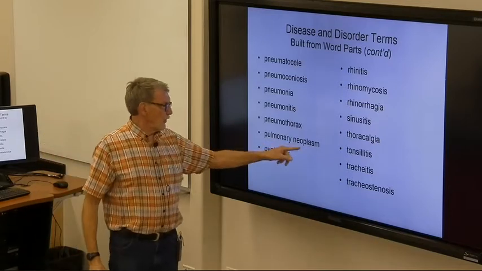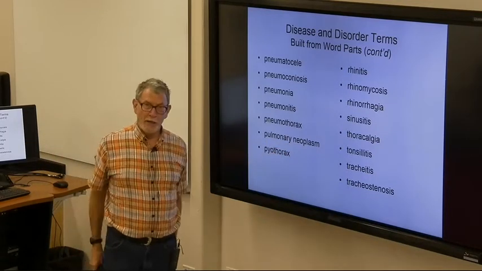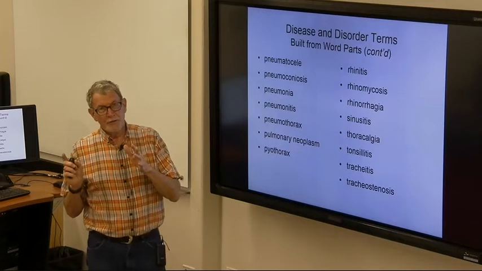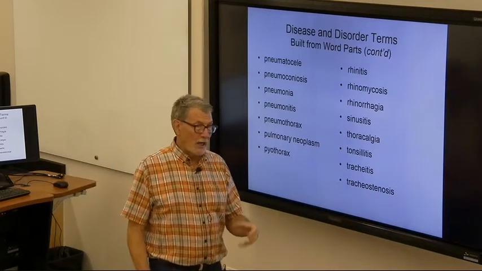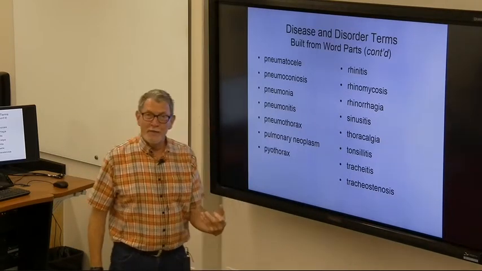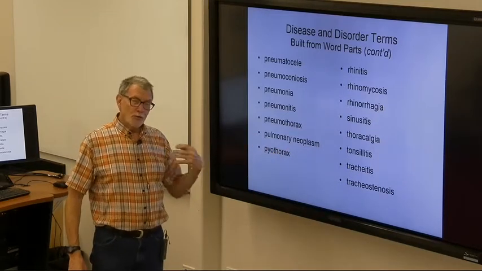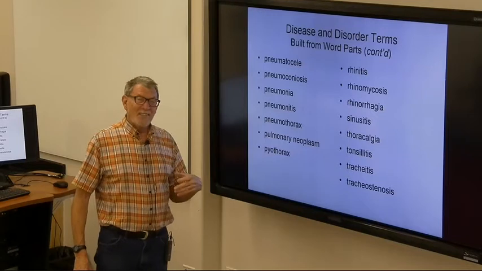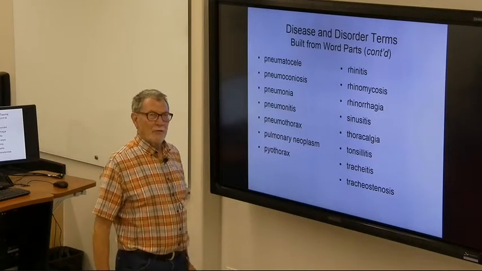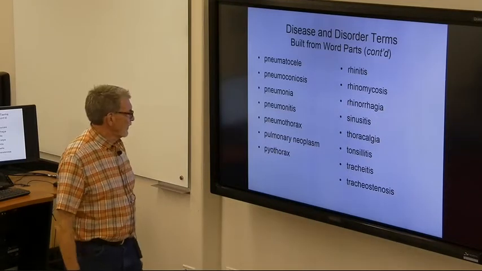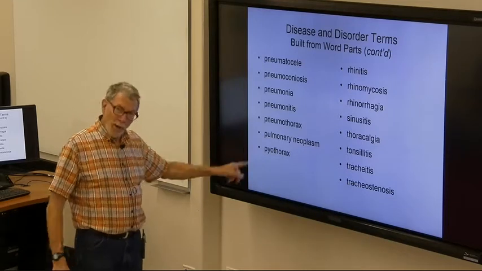A neoplasm is a new growth of some kind. It doesn't mean that it's cancerous. It doesn't mean that it's not. It's something new growing in there that shouldn't be there. So a pulmonary neoplasm, you're seeing a new growth in the lung. That's really not good. They're usually cancerous. Pyothorax, pus in the lung,